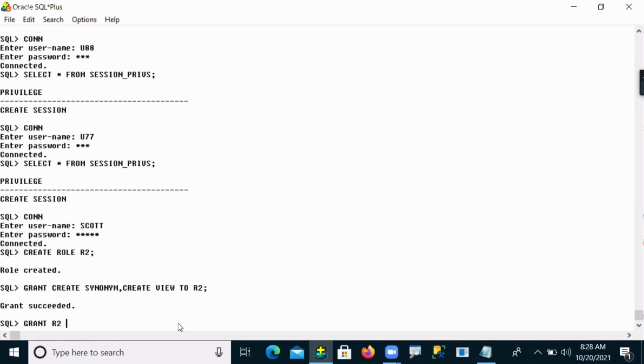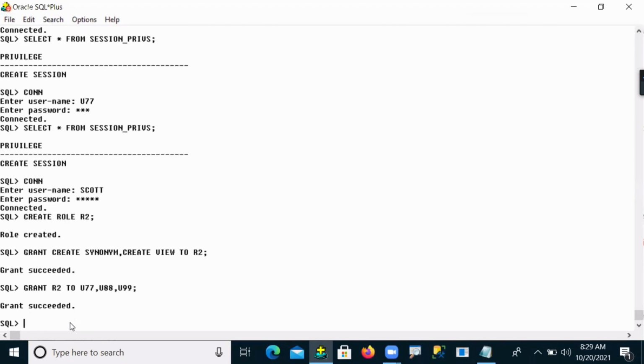After assigning, this grant R2. R2 means what now? A group of privileges. There are multiple privileges I'm giving: create synonym is one privilege, and create view is one more privilege. So multiple privileges I'm assigning to R2, and that R2 I'm granting to user 77, user 88, and user 99.